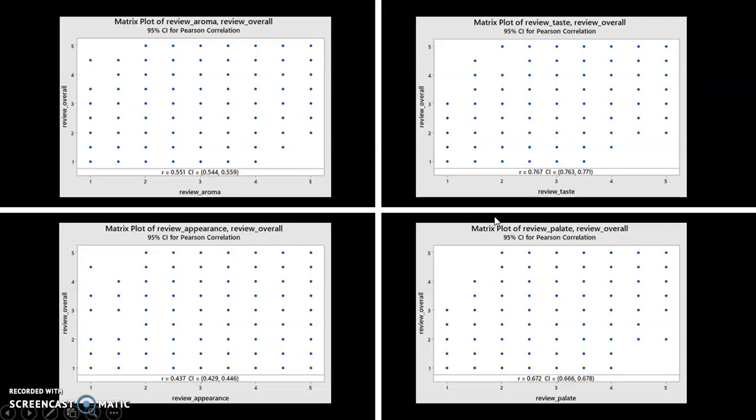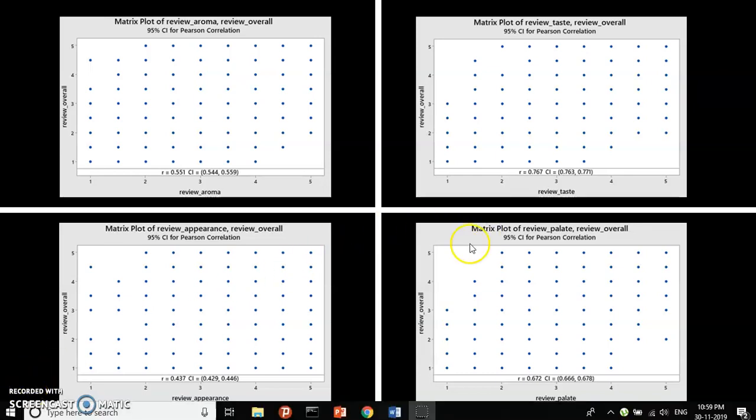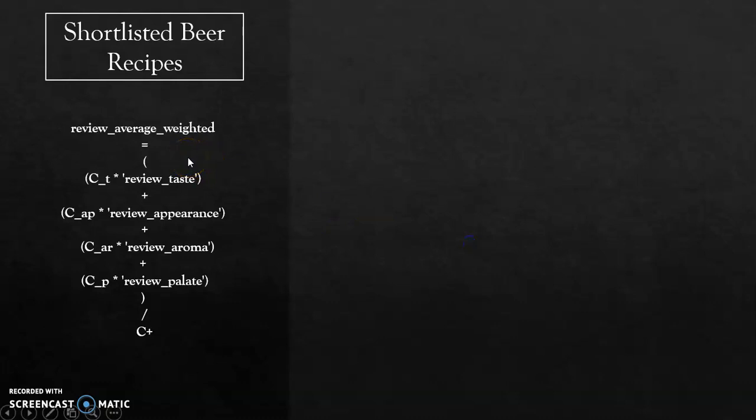And at the end, the Pearson correlation scores were taken for each feature rating with the overall rating. These individual correlation scores, when multiplied with their corresponding feature rating and divided by the total correlation scores, were used to find a calculated column of review average weighted ratings, and this column was used to shortlist the final 7 recipes from the first dataset,